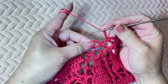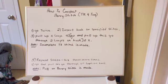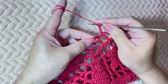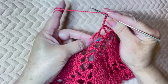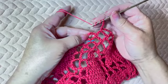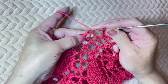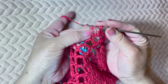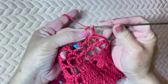So here's how to make the berry stitch, which is making the triple crochet 4 together. So here's how to do it. You just yarn over like you're going to make a triple crochet. So yarn over twice and insert hook on the 3rd chain of the next chain 5 and pull up a loop and yarn over and draw up, yarn over through 2 loops on hook twice, and